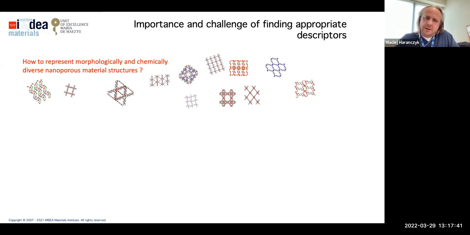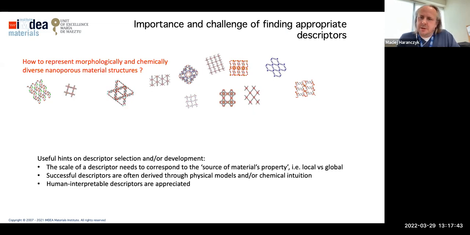Through my years of experience, this is my summary of my work: we have to think about the scale at which a material operates. What is the important feature of a material that gives a certain property? I will illustrate it with an example soon. Also, it's important from the practical point of view that some of those descriptors can be interpreted by humans, by other researchers.